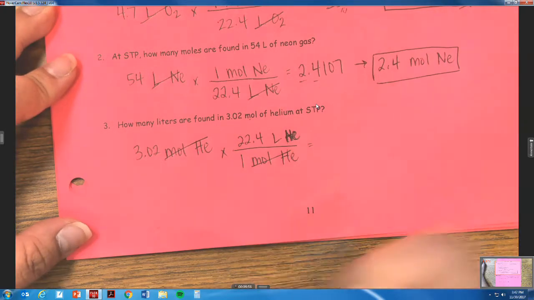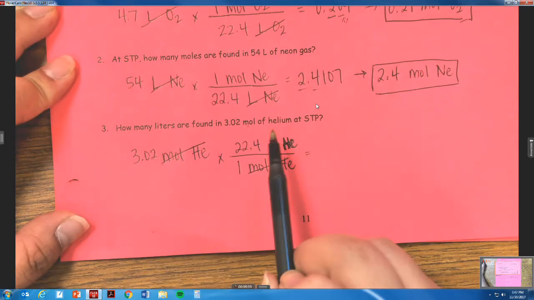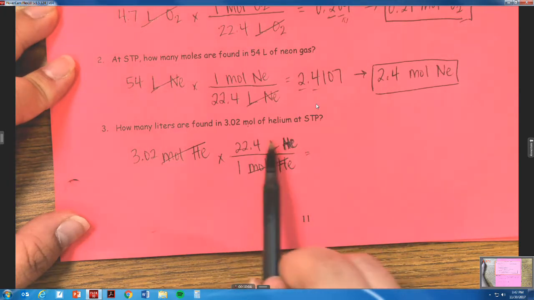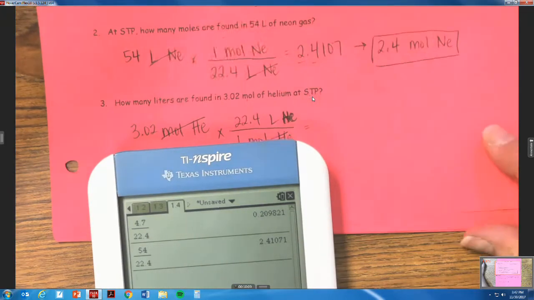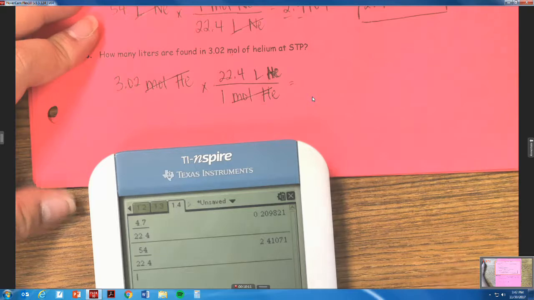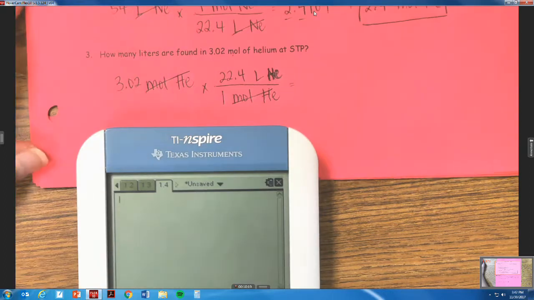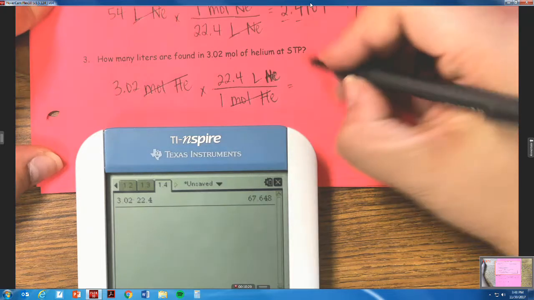Which is correct because remember, when we cancel out units, moles is going to cancel out with moles of helium. Okay, so when we solve, it's going to be 3.02 times 22.4, because remember, whatever number we have on top, we're going to multiply. Okay, so let's take a look at our calculator. Okay, so let me go ahead and delete all this. Okay, so 3.02 times 22.4, and our answer is